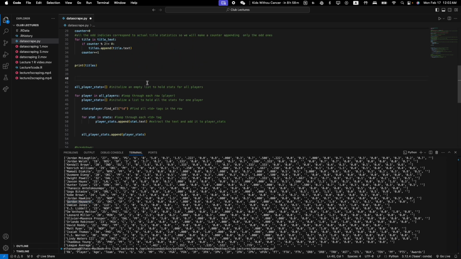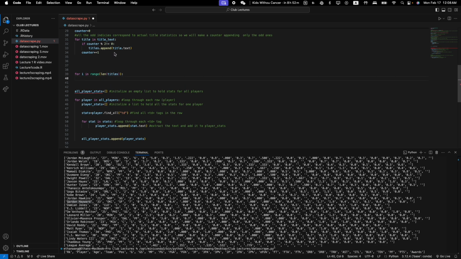How we do that is we'll do for i in range titles. This is a for loop, and what we wrote above is a for each loop. That will be covered in the Python basics video, so if you don't understand that, go watch the Python basics video. A key characteristic of a for loop versus a for each loop is that in a for loop, you can actually edit the values. So we're going to add a comma to each value because we're going to try and make each value a different column. That's our original goal. So text equals titles